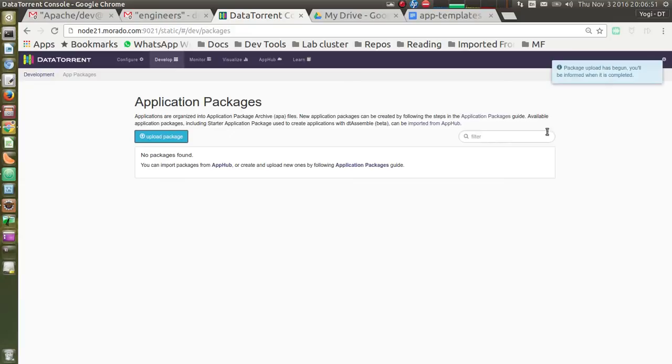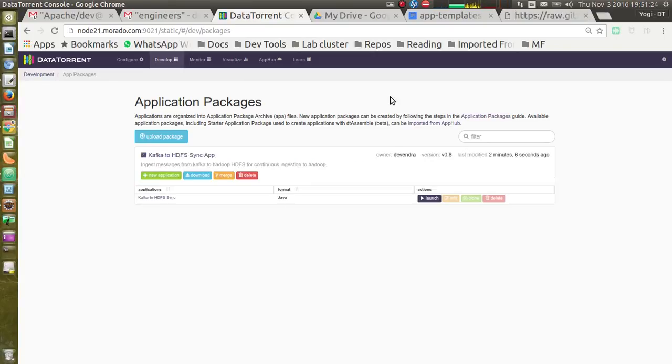If we click on close, it shows a notification which says that you will be informed when it is completed. Now we can see the app package which we uploaded just now.